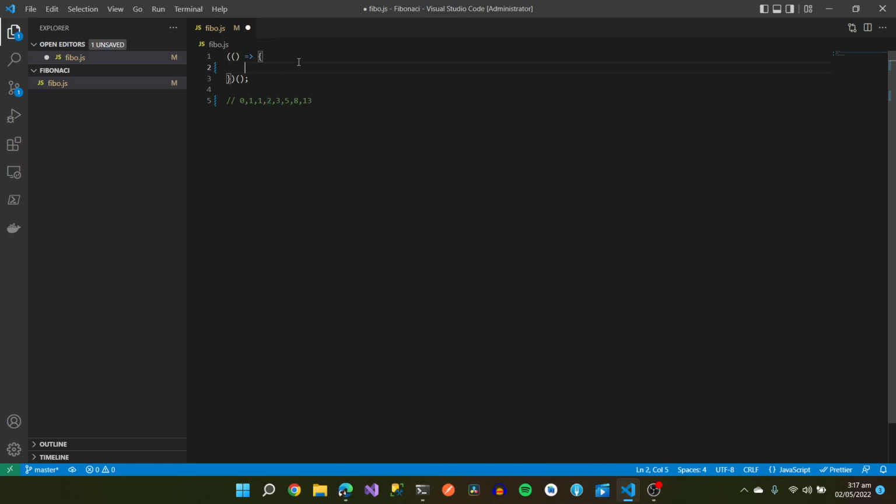Okay, so to do that, we're going to create a loop. For example, here, for let i equals 0, let's say up to 100, then i plus plus,